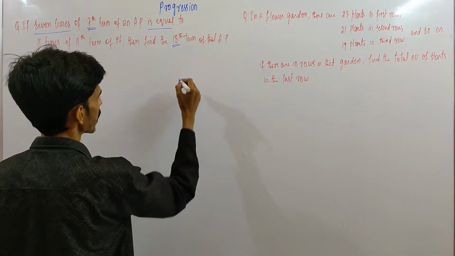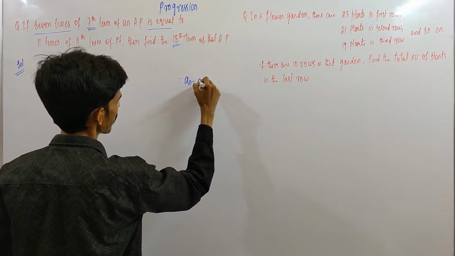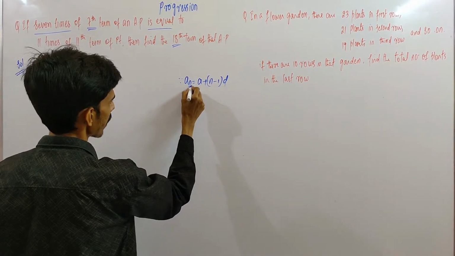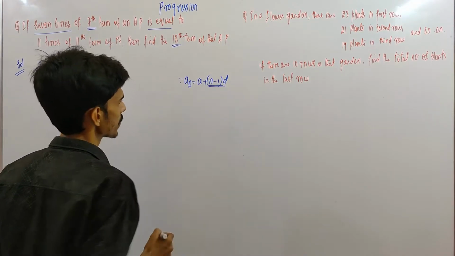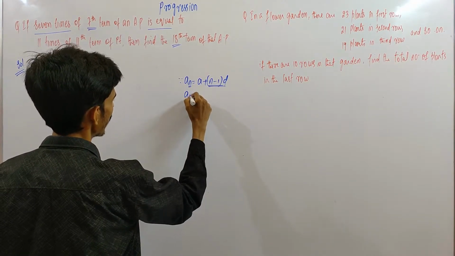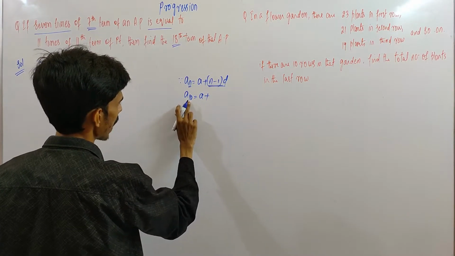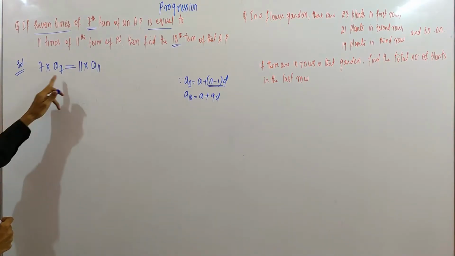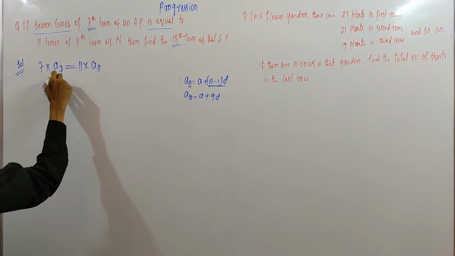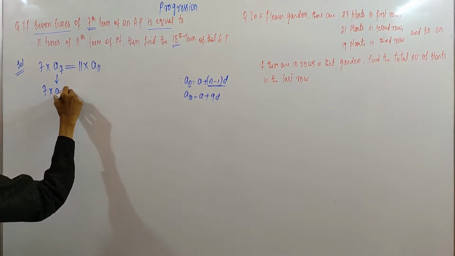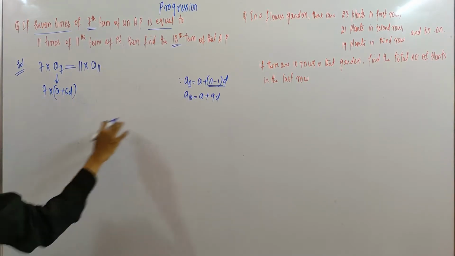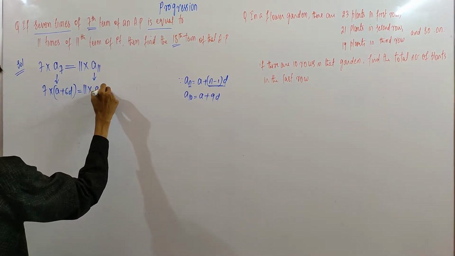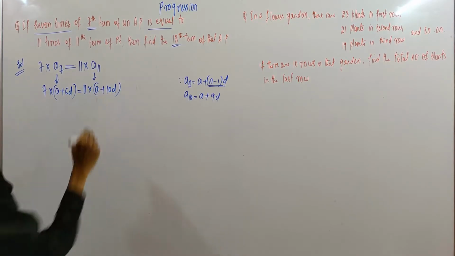So we know that in arithmetic progression an is given by a plus n minus 1 into d. Here if I have n, we will have one value less, n minus 1. If I have 10, this will become a plus a value less than 10, which is 9, so we have 9d. Here we have 7, so this will become 7 into a plus 6d by this formula. Similarly, 11 into A11 can be written as a plus 10d.